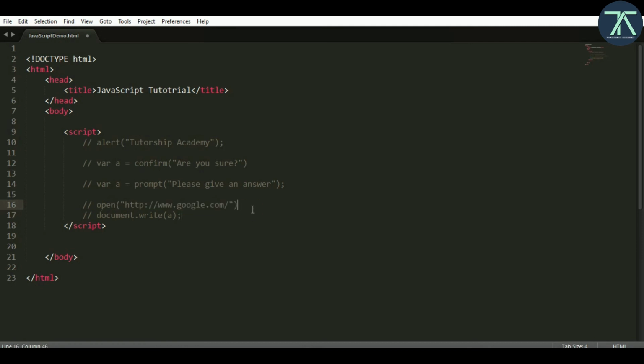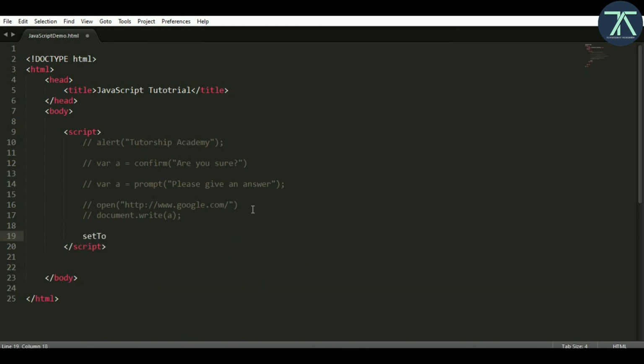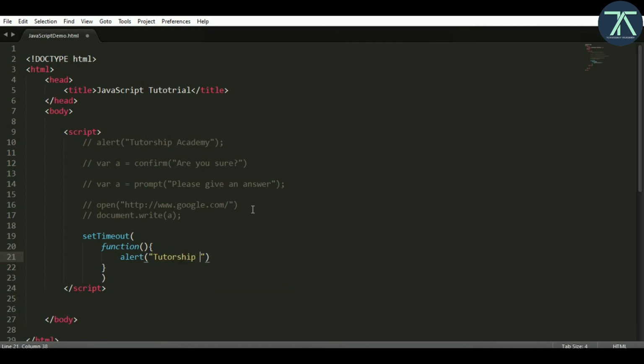Another one we have is called setTimeout, and after that a pair of brackets, and within it we have to write a function because it basically works on a function. Within that function I write alert, the same alert, tutorship academy.